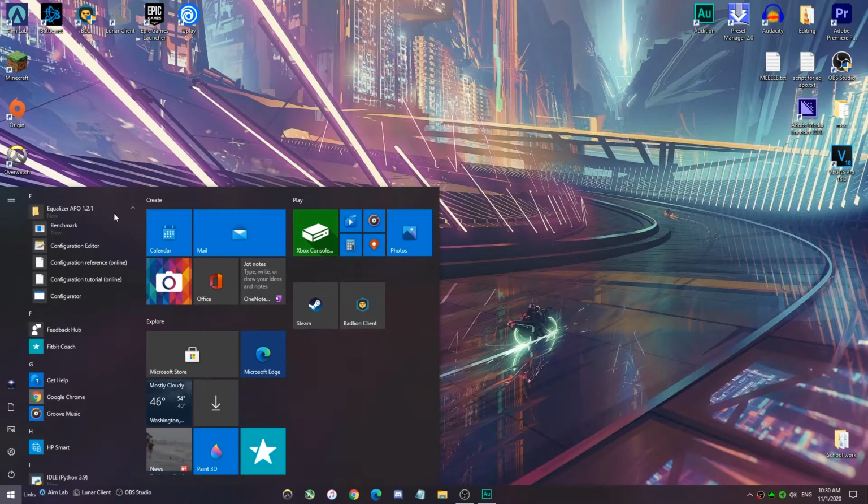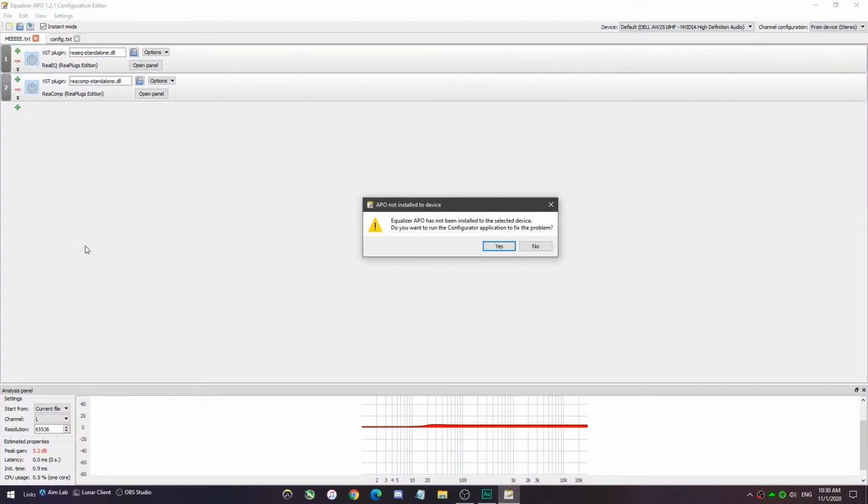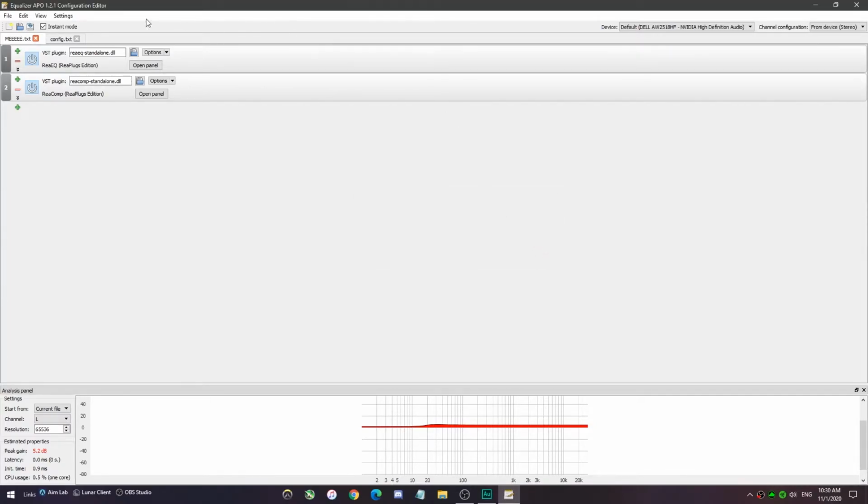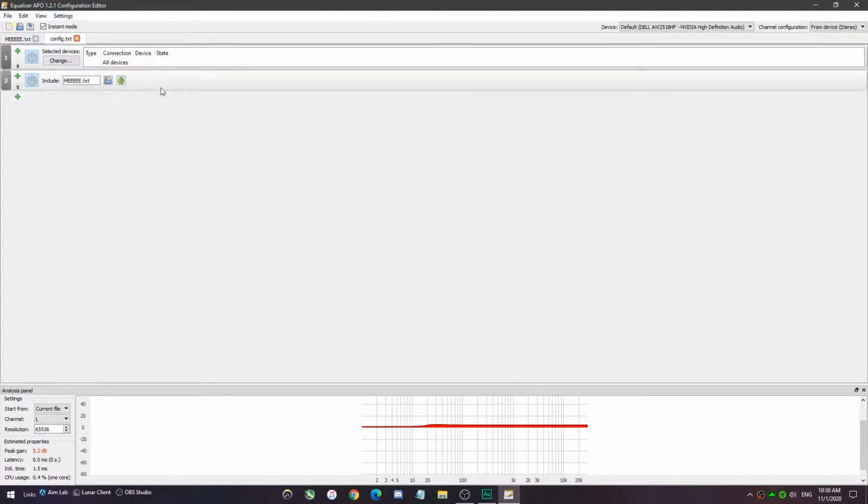Then if you need to change an input device, click the configurator. If you just want to keep on going with the tutorial, click the configuration editor. Now, you can ignore this message, as it doesn't change anything and it's just straight up lying to you. Then, config.txt will pop up. Your goal is to have the two modules I have right here